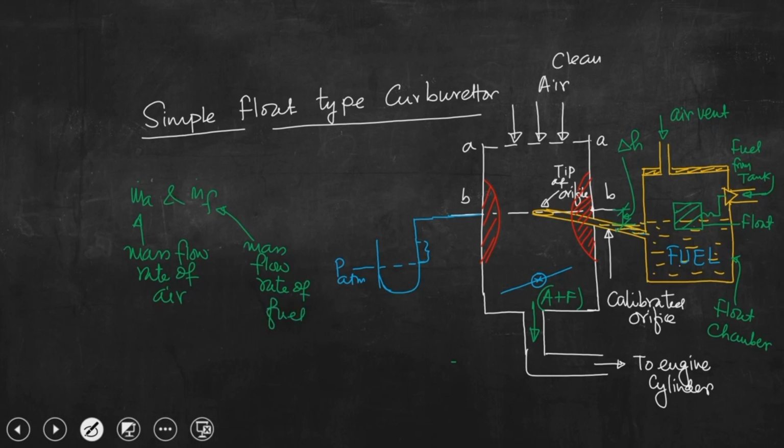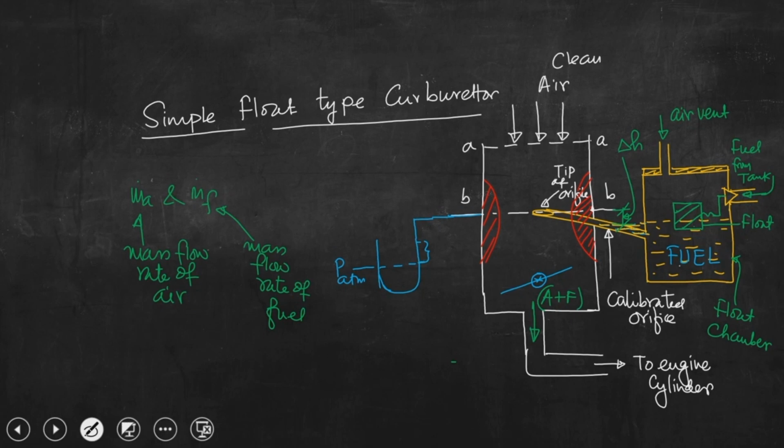These two quantities are very important to know whether this simple float type carburetor is able to meet the demand of the engine or not. So, let us now look at the